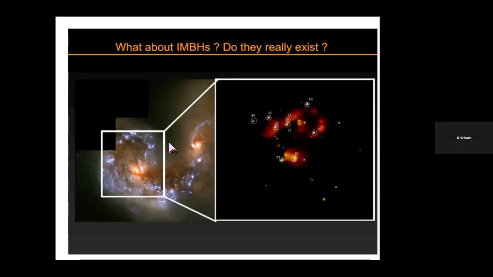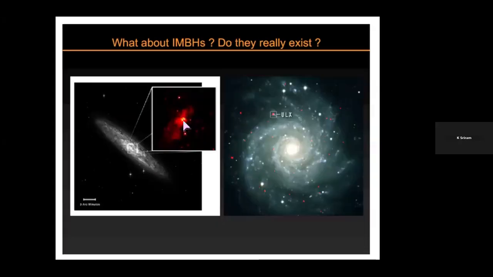This is one of the galaxies. This is an interacting galaxy, and all these small dots that you see are basically ULXs. ULXs again means they have very high luminosities compared to stellar mass black holes. When you calculate their masses, they are of the order of 100 to 1000 or 2000, 3000 solar mass. Again, this is one of the galaxies, this is the central region, and this red dot is one of the ULXs. They claim that it is a ULX primarily because of the X-ray luminosities.